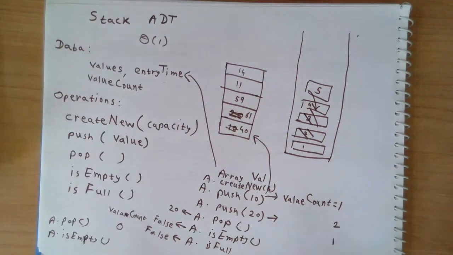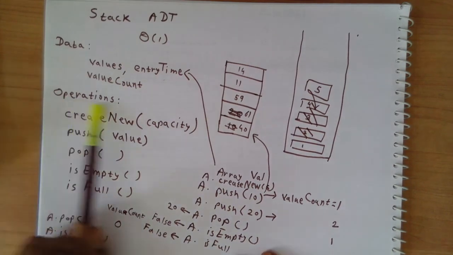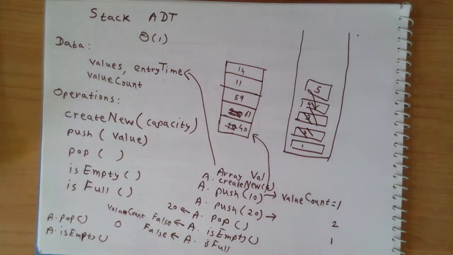Okay, so that's the array as an ADT. So again, you can go for different implementation of stack. This interface will remain same, but you can have a different underlying implementation. For example, you might want to implement these values and entry times using a linked list or any other data structure. Okay, so the nice thing about ADT is that you can implement one ADT using another ADT. Okay, so we will do that sometime later. Okay, so in the next class we'll talk about queue as an ADT.